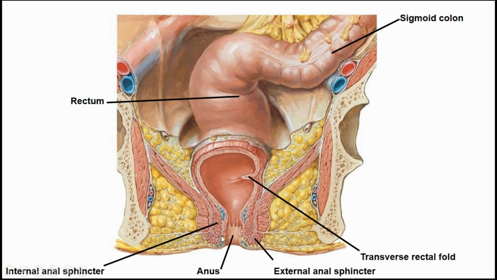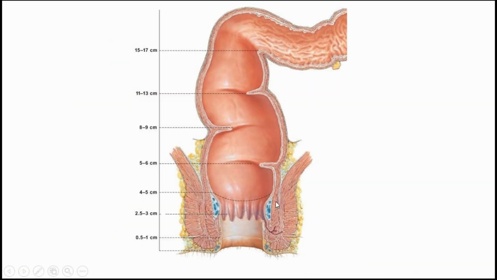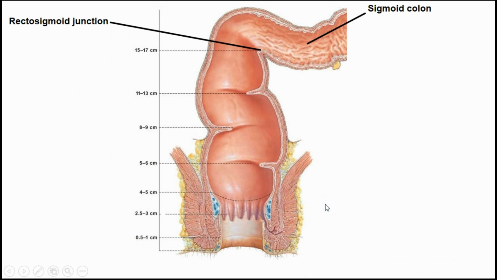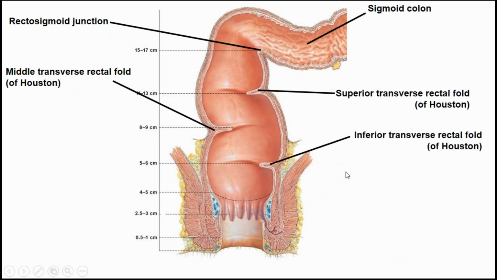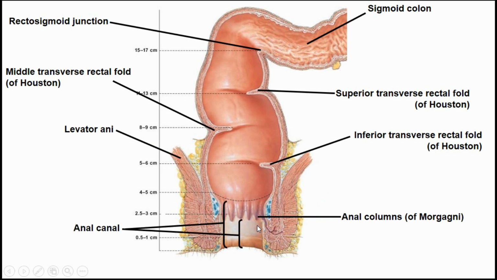We have the anus itself, once again with the anal columns and the pectinate line separating it there, the anocutaneous line. And, yep, same exact slide that we saw before. Just refresh yourself on the fact that we have those three transverse rectal folds moving the fecal material down to the anus. We have the anal columns present there,